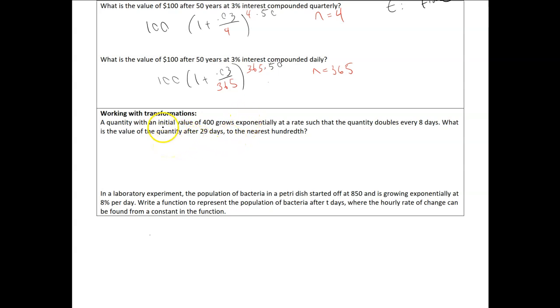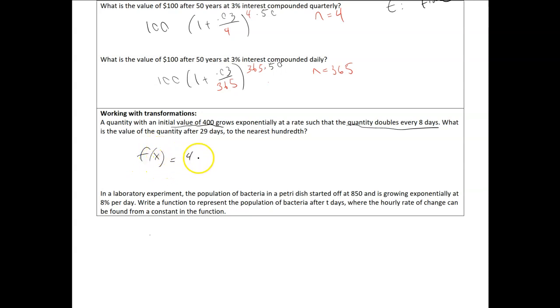All right, the last thing I'll give you is a couple other interesting ways we can use this. So we have an initial value of 400, growing at a rate such that it doubles every 8 days. Doubles every 8 days. And we want the quantity after 29 days. So here, we can say